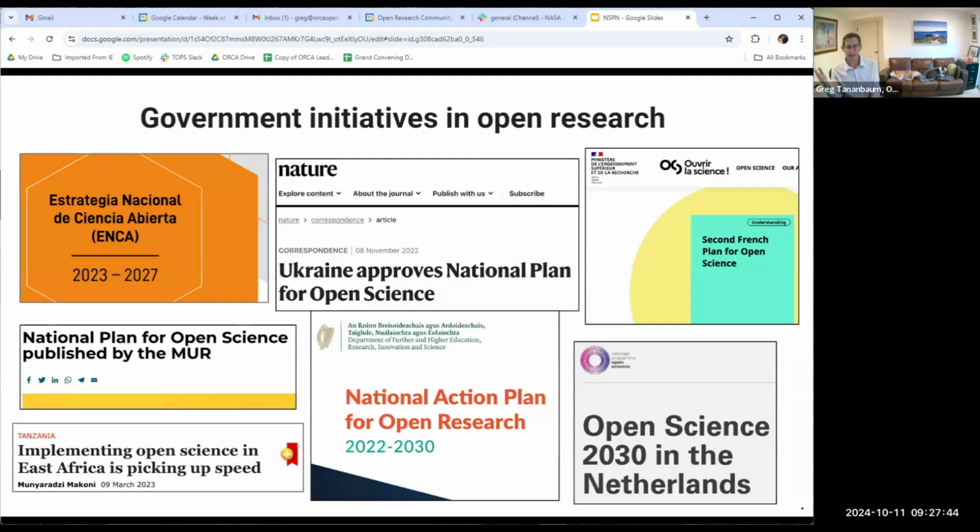I mentioned this idea of governments. We just wanted to give you a sense that there are a lot of governments from a lot of different regions. Erin and I just had the pleasure of co-hosting a workshop on open science in DC last month, and we had representatives from I think 31 different countries participating. It's really become a global phenomenon, and it's great to see that momentum continue to grow.